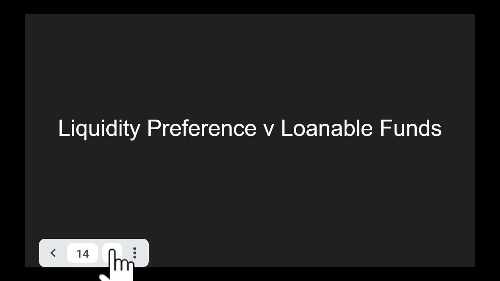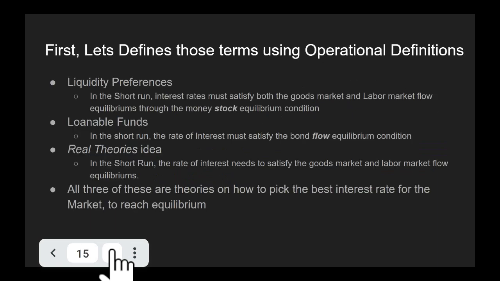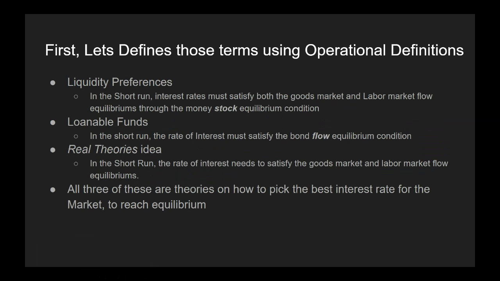So now we're going to go into liquidity preferences versus loanable funds. First, we're going to define those using operational terms, like how Baumol does. Liquidity preferences in the short run: interest rates must satisfy both the goods market and labor market equilibriums through the money stock equilibrium condition. Loanable funds, however, in the short run, the rate of interest must satisfy the bond flow